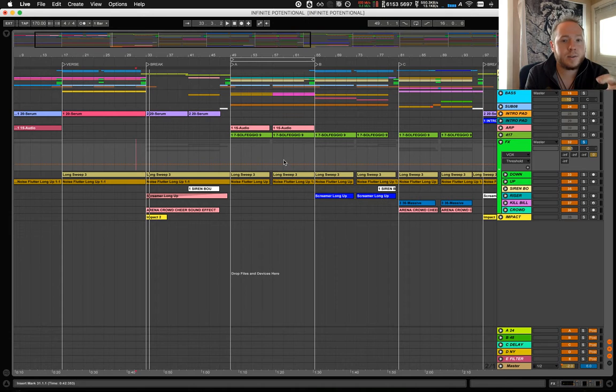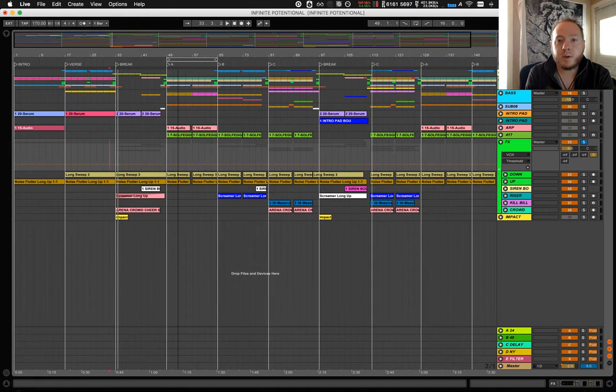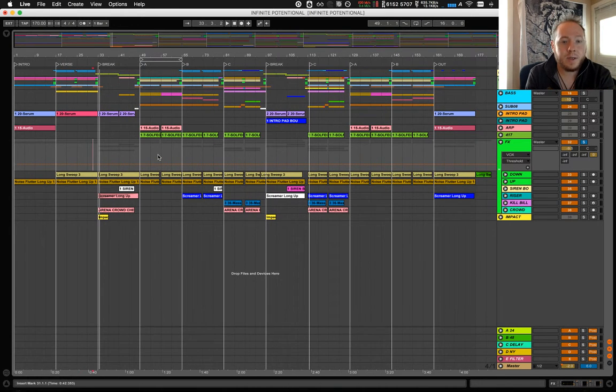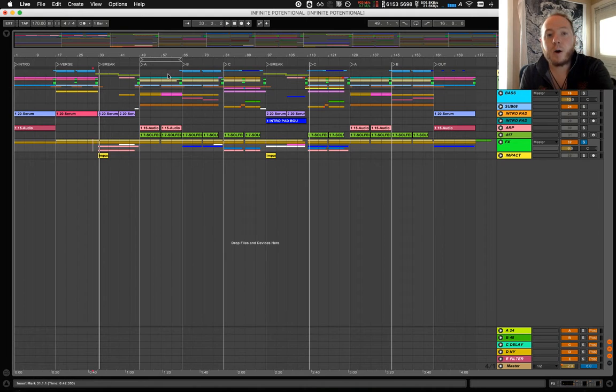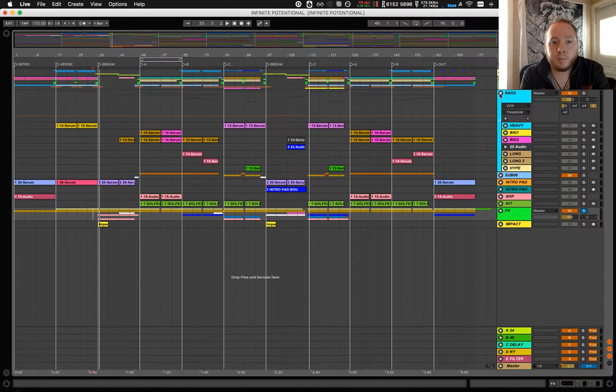So that is unbelievably important when it comes to arrangement and how every 32 bars I move from one section to another. You can even see on the clips how each part looks different than the other. You want to add in new instruments and different things.